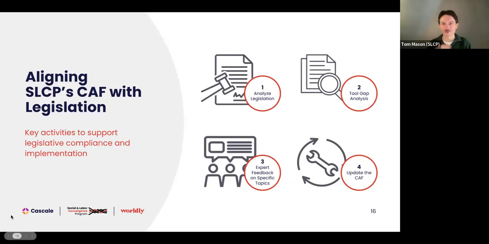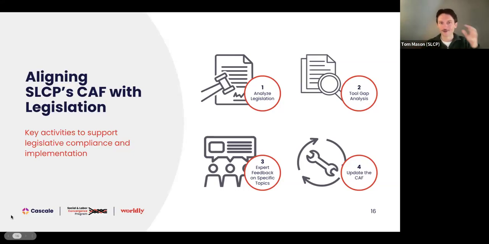There's different pieces of transparency legislation and forced labor legislation coming through globally. And these are things that we all take into consideration when we're understanding what are the legislative impacts and relevance to the CAF. The second, which we naturally do, particularly for key pieces of legislation, is undertake a gap analysis. So what is the legislation asking us? And then what type of data are we capturing in the CAF? If there's mismatches or misalignment or gaps, then we look to see, is it our role to fill this gap or is it someone else's role?